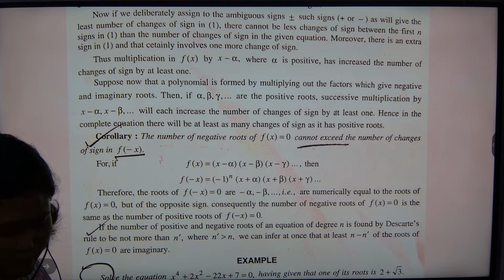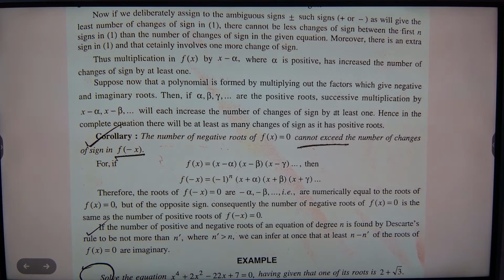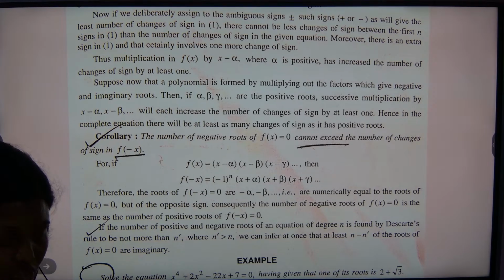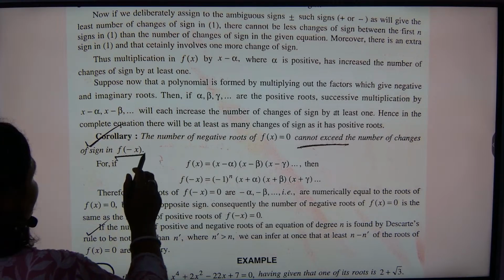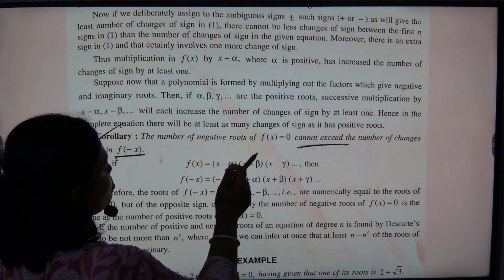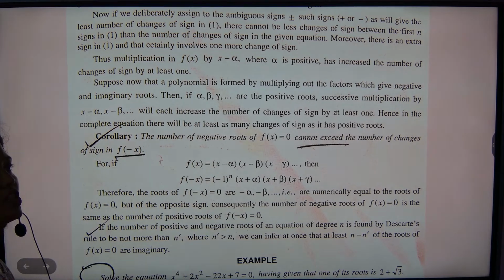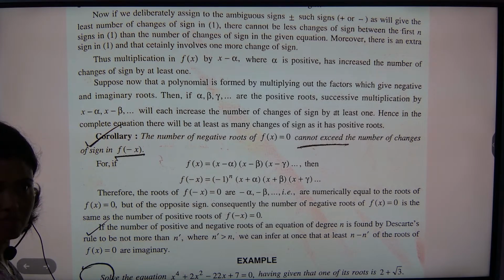3 changes means at least. So here we have the corollary, the negative roots. In the same manner, if we change x into minus x,